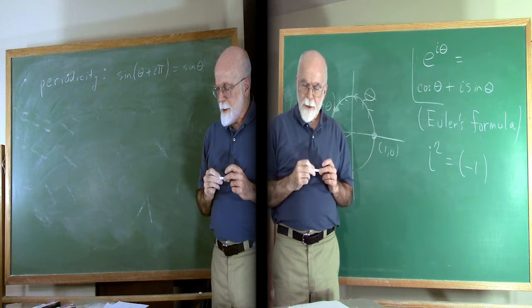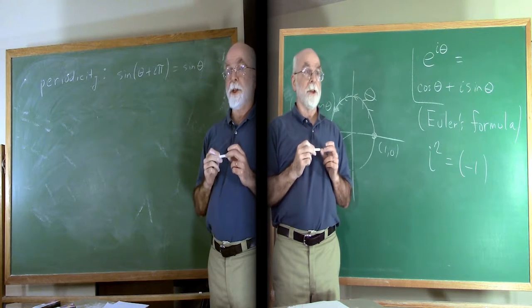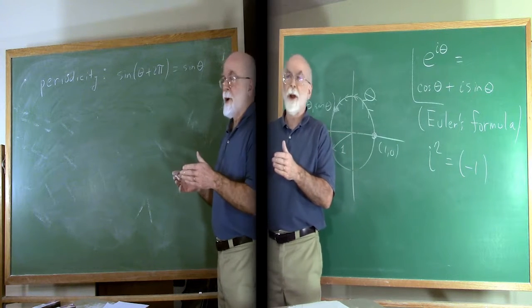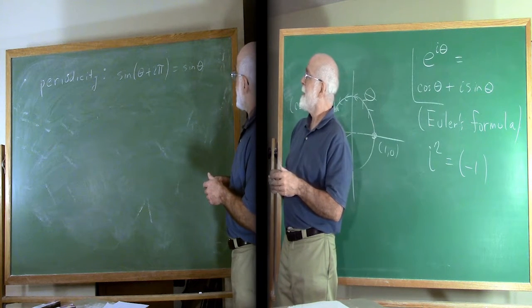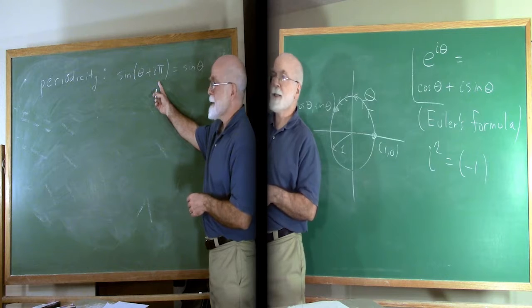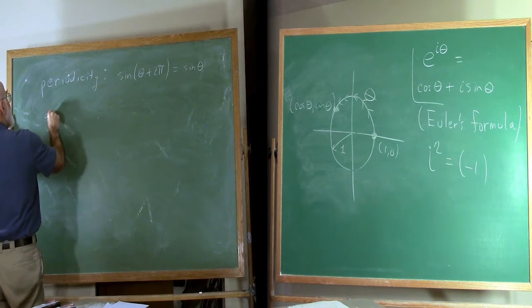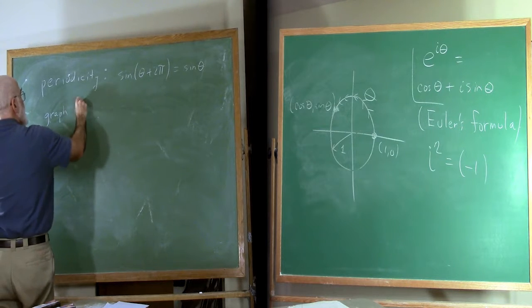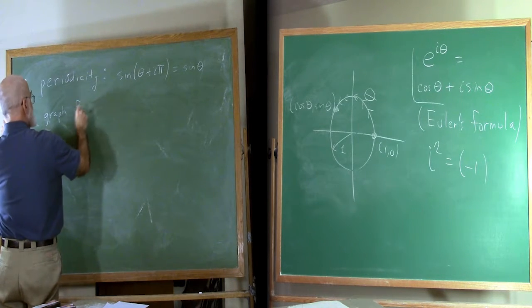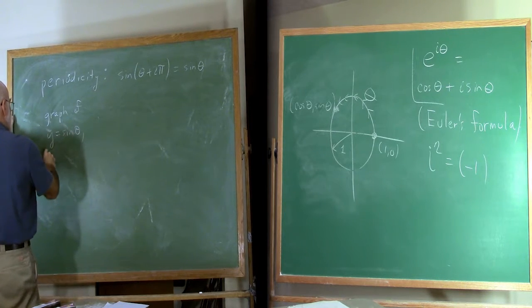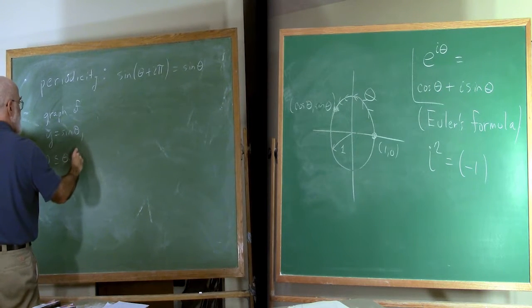What this means in terms of the graph is that if you draw the graph of sine only between 0 and 2 pi, theta between 0 and 2 pi,